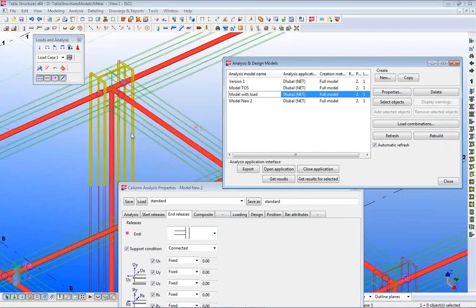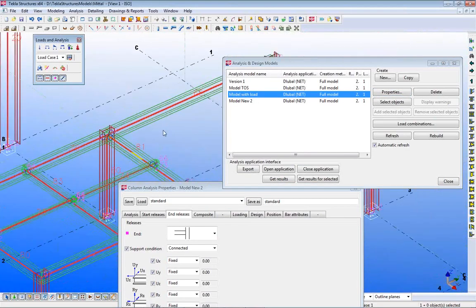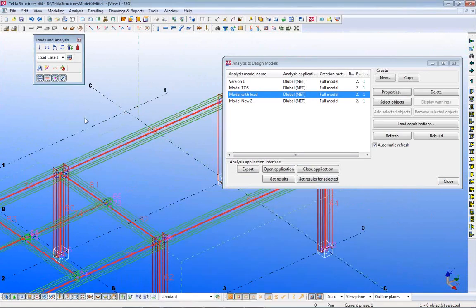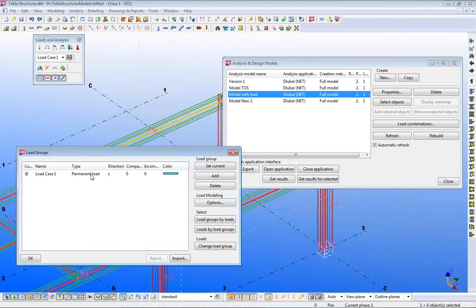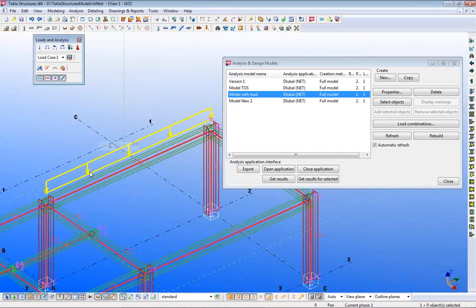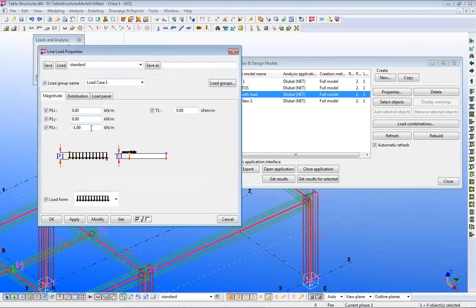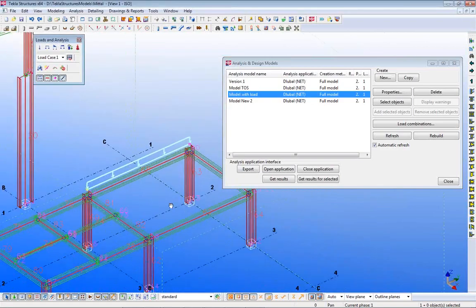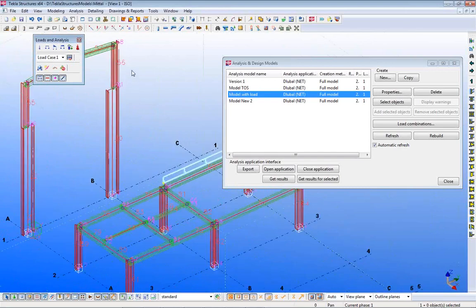I open another model here. We see, for example, there are also loads. I can display the loads basically here. You see here there's a load inside Tekla Structures where we can apply the magnitude of the load, and this is also possible to implement inside Tekla. Okay,